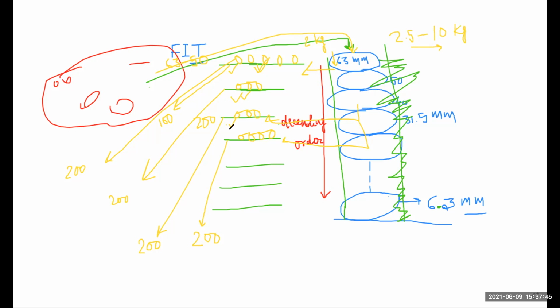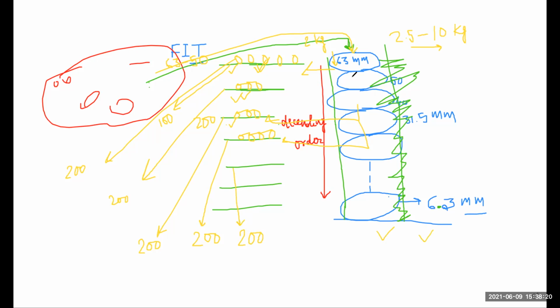So for every fraction, you have to count 200, 200, 200. Our aim, step number one, is first we take our sieves of different sizes. Our sizes start from 63 mm, then 50, then 40, and so on. We stop at the sieve size of 6.3 mm, because this is the least size for which we have to do our flakiness index test. So basically we stop at this point.